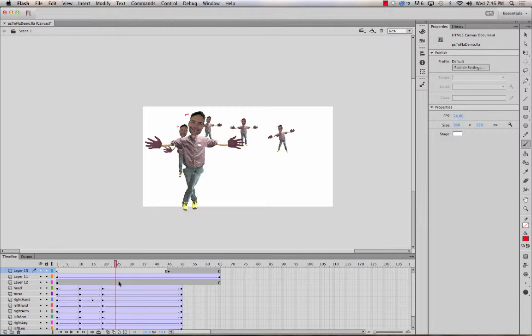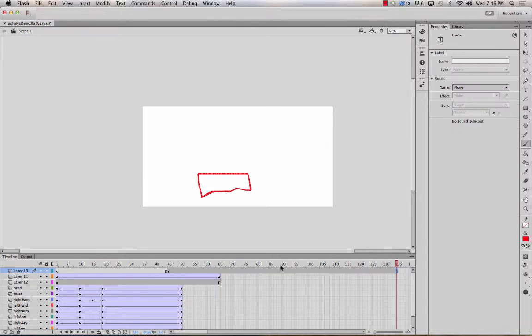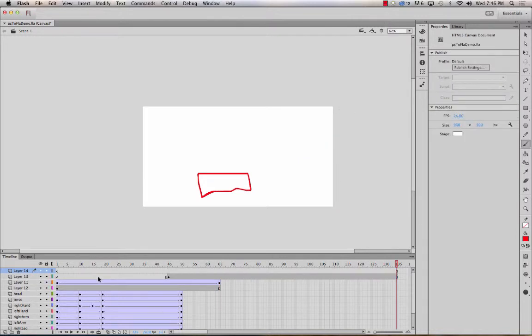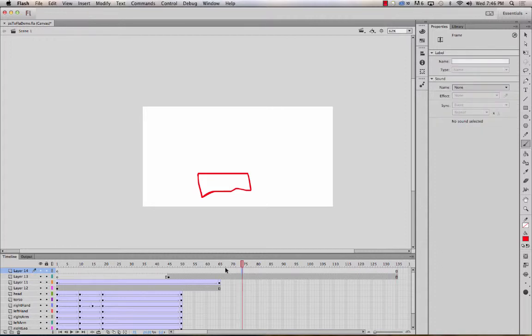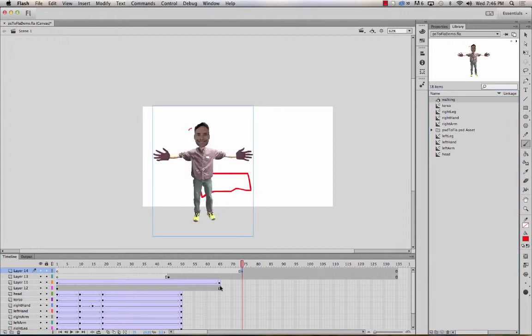So I'm going to extend this layer out to frame 135. So when I add a new layer, that layer is now 135 frames long. So if I want my sidestepping self to show up at frame 74, I add a keyframe at 74,